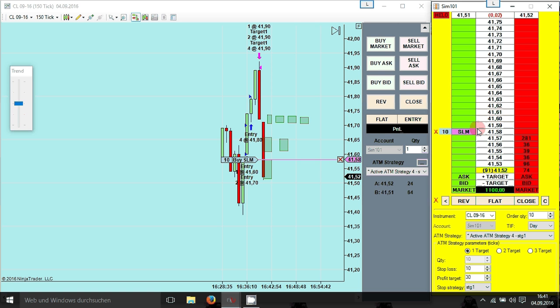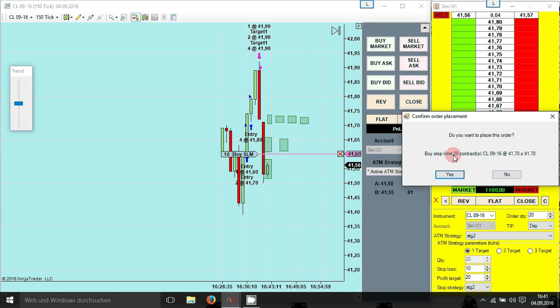Let's count 10 ticks. Okay, so here at 4160, this is our goal. Just a round number to make it easy to see and to understand here. 10 ticks here at 70, but first we have to select strategy number 2 and stop strategy number 2 as well. Fine, let's count 10 ticks at 4170 and give the next order, as you can see here, with 20